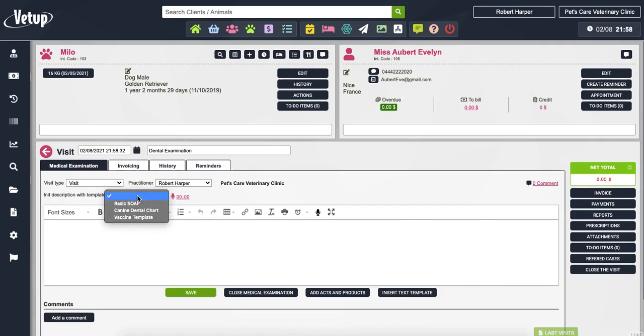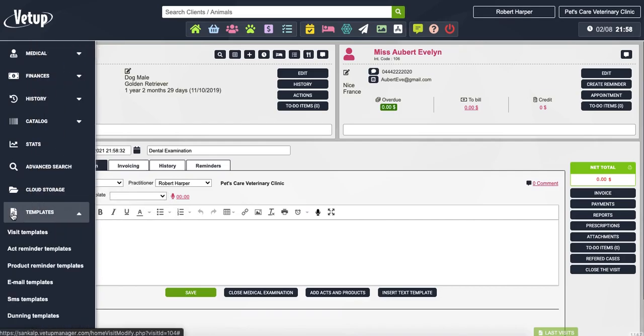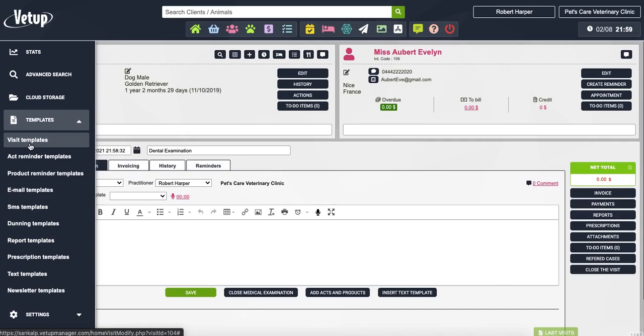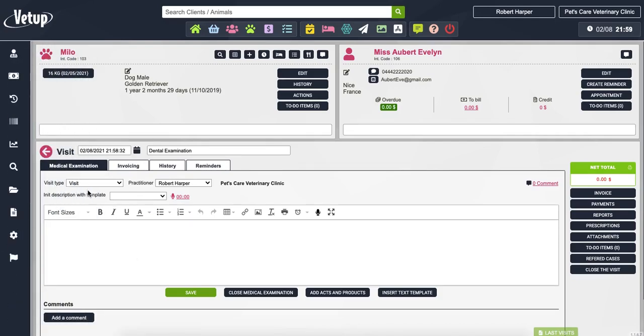You can have different templates for medical notes which you can create from the template section. We offer a lot of different templates. The visit template is where you can create your soaping templates or your different forms which you will be using for medical notes or recording medical examinations. Here I have created a basic soap which will give you subjective, objective, assessment and plan. You can record